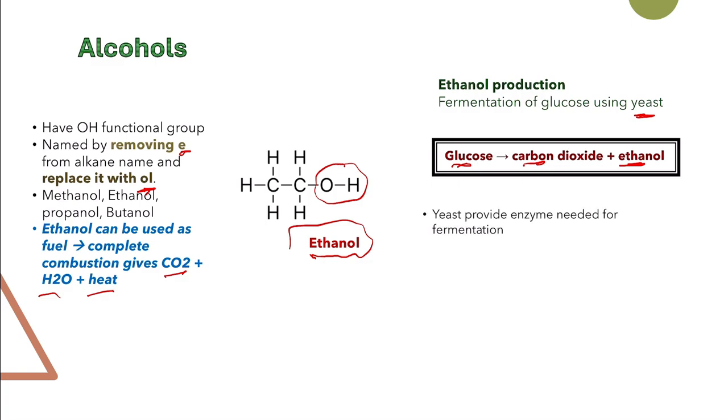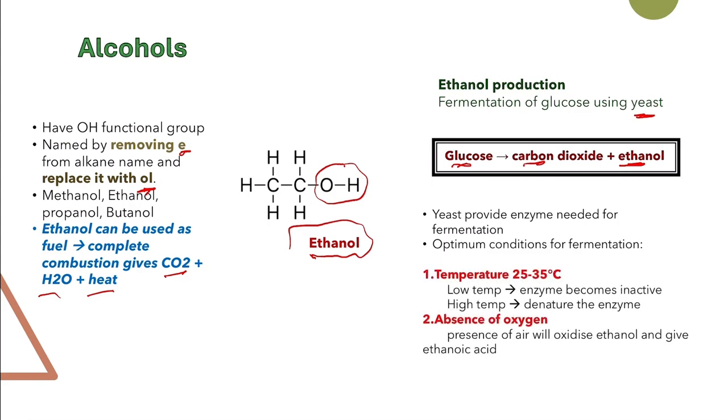The yeast here is important because it provides the enzyme needed for the process of fermentation. So there are optimum conditions for the fermentation because it's an enzymatic reaction. So first of all, the temperature. The optimal temperature is 25 to 35 degrees. Low temperature will make the enzyme inactive, and high temperature will denature the enzyme, so it becomes inactive